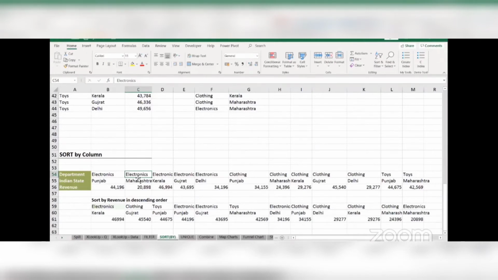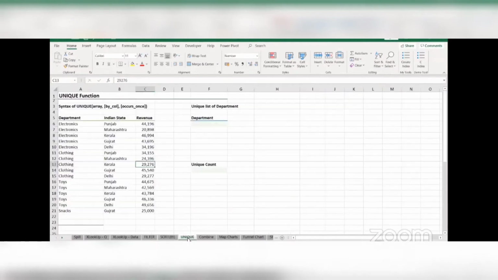So that's great. I think everyone has understood how to use this. So with that being said, let's move on to the next one. And I would say the next one is also one of my personal favorite formulas because of how easy it makes the task. It makes one particular thing extremely easy. So here we have the unique formula, which basically helps you extract the unique items from your data.